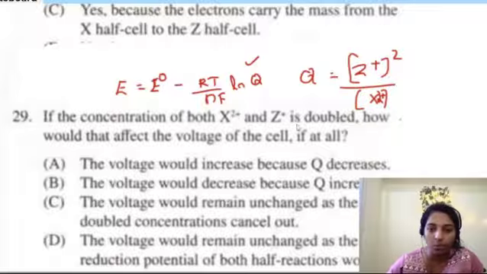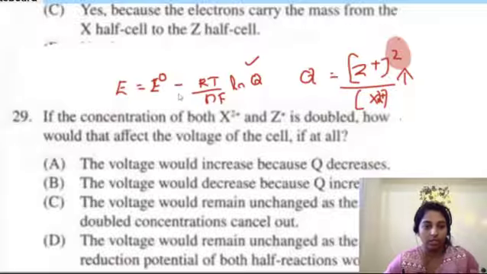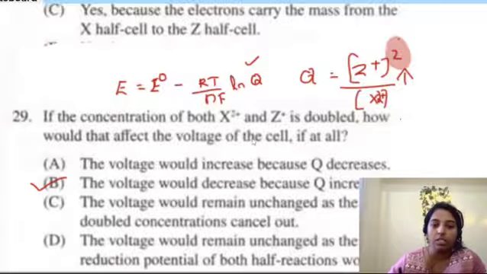So what is happening? Both are doubled, but both doubling means the effect is not the same. Here a factor of 2 is raised to 2, isn't it? So that's why the Q value, after all, increases, correct? Q value increases. So if Q value increases, what happens to the E value? Definitely they will do some backward reaction, or by plugging into this equation you can say it decreases. Some lower value you get, so it decreases. Or simply you can imagine a backward reaction is happening. Backward reaction means the potential will have a lower value. Okay, then